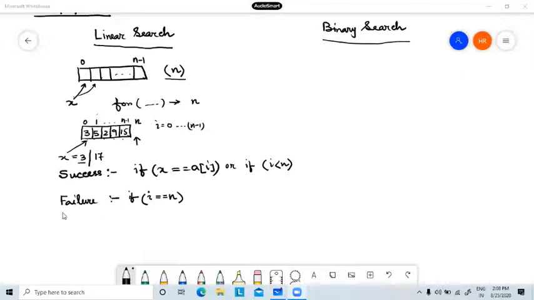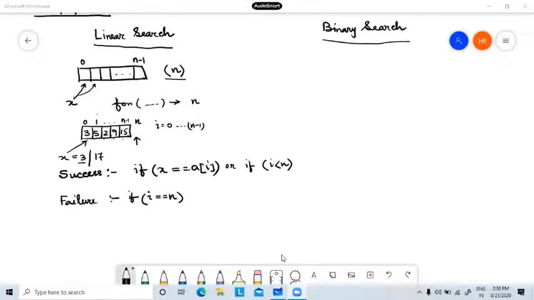And how to check whether it is failure? If i becomes n. What is the meaning of i becomes n? It means i is starting from 0, it will check up to n minus 1. i becomes n means there is no such element. That's why i increased and became n. So this is my failure.